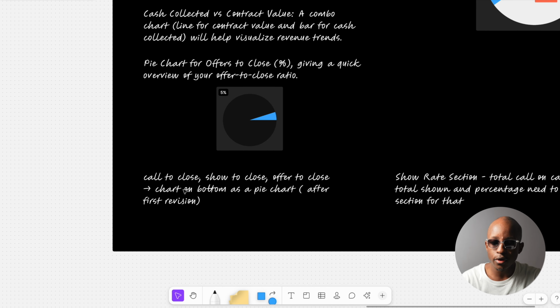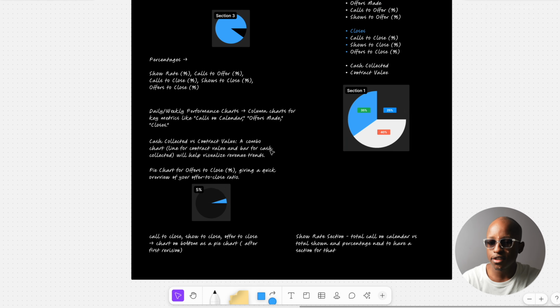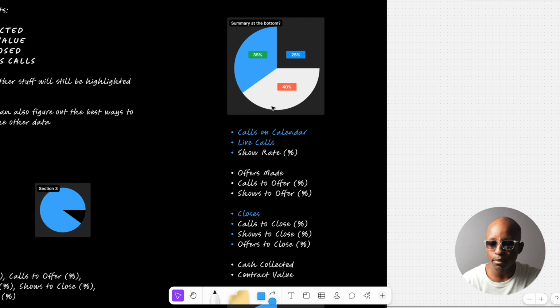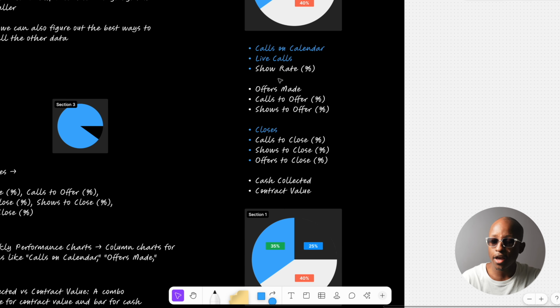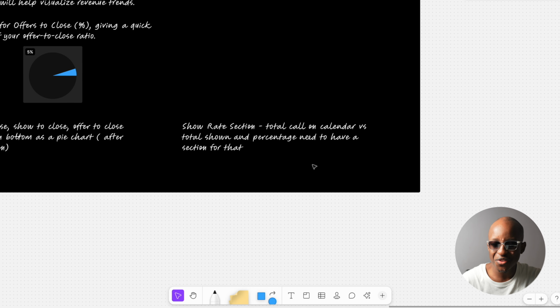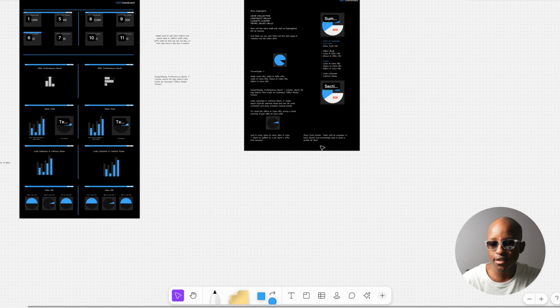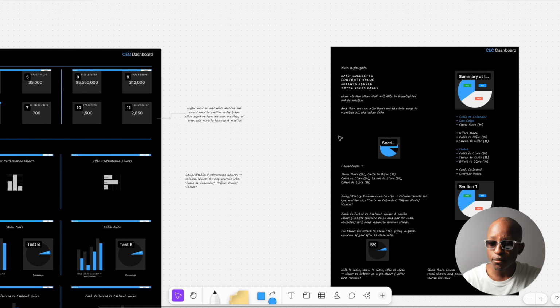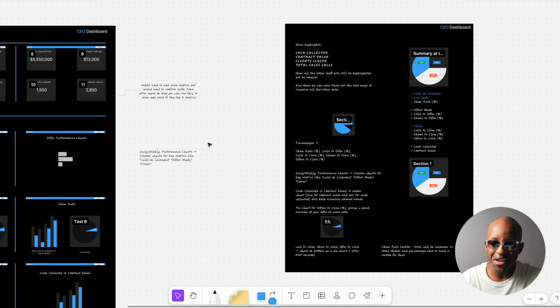This is also super important because then we have your pie charts, which show the percentage like I mentioned, and then we also have a summary at the bottom which has your calls on calendar, your live calls, your show percentage, offers made percentage, and all these different metrics. I'm not going to go through all of them; I think it's pretty simple. Then also a show rate section, total calls on calendar versus total shown, and a percentage, so we would need a section for that. So these are the ideas that we run through,